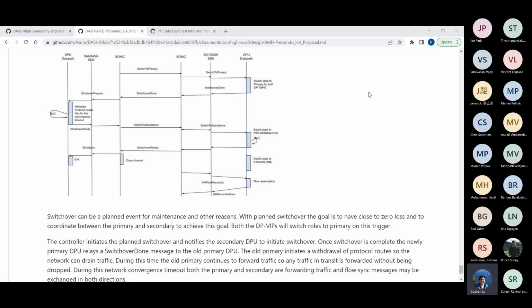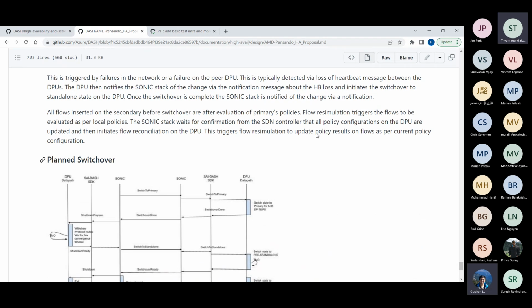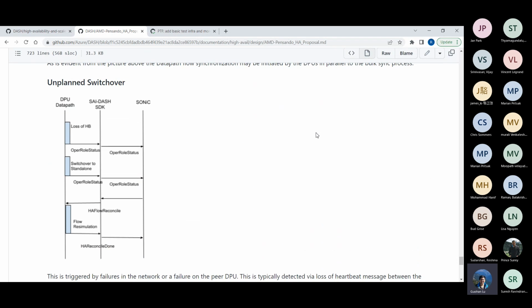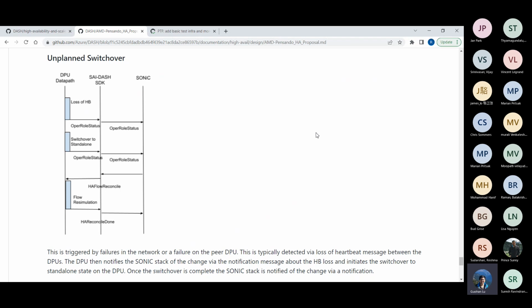Where is it defined? If you scroll up on your HA state machine, it's not defined there. I tried to search, and it appears just at the end of the document there's a pre-standalone state, but it never defines what that state is or what the behavior of the state is.